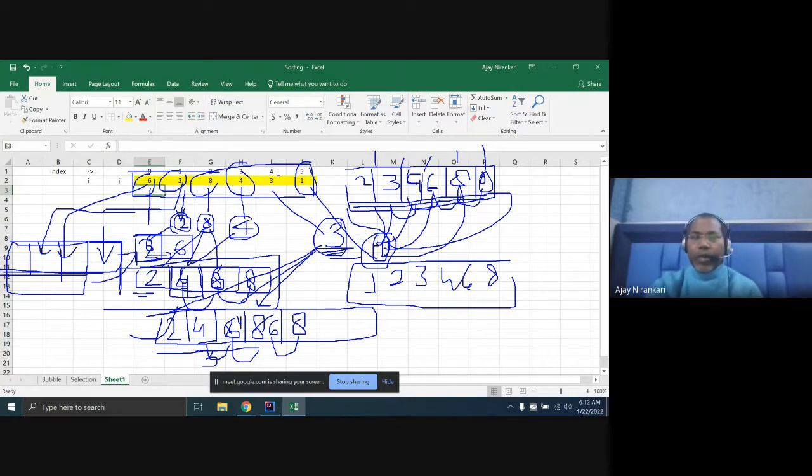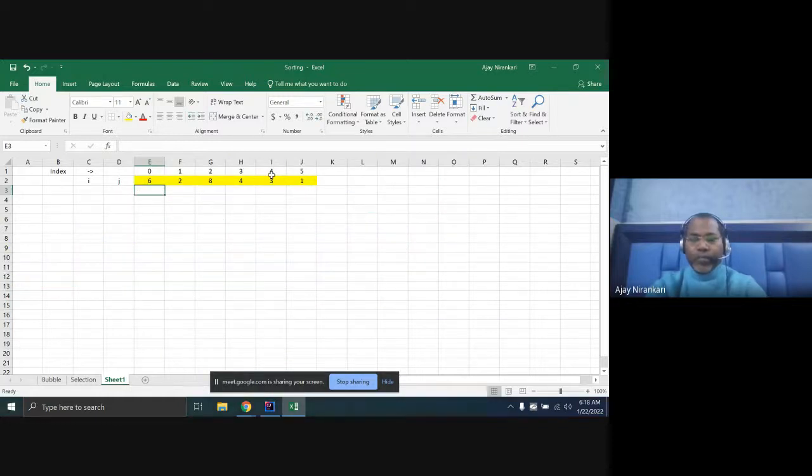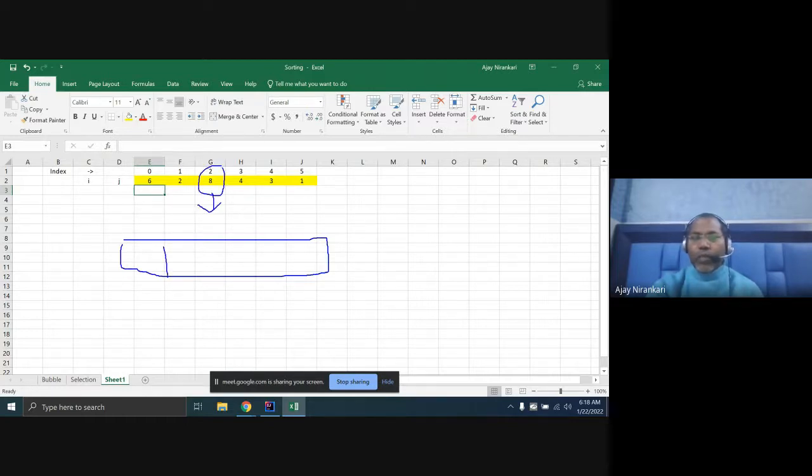It means we are getting one element and figuring out what is the proper place in this sorted array, and assuming this is the sorted part. So you have to decide whether it will go to this place or this place or this place or this place. How? Just by comparing each element. And if you find the proper place, you insert the element in that position.